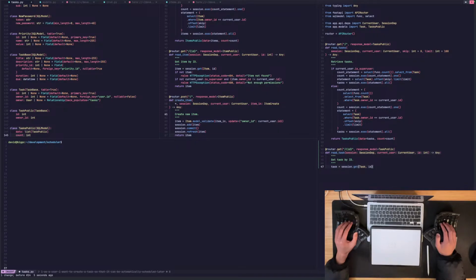Task base, which is an integer, owner ID and owner. Okay, and then